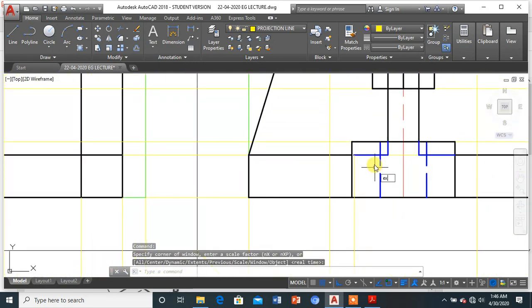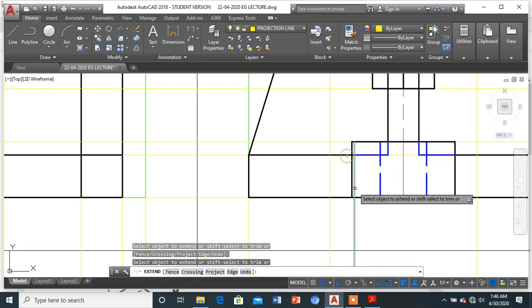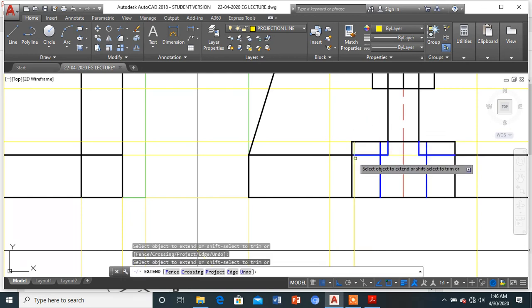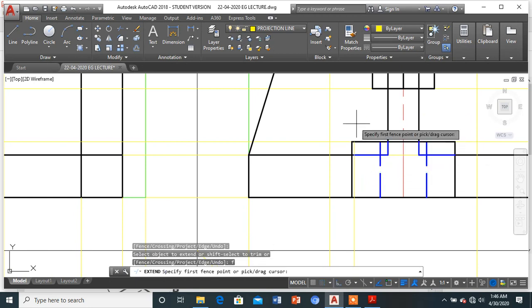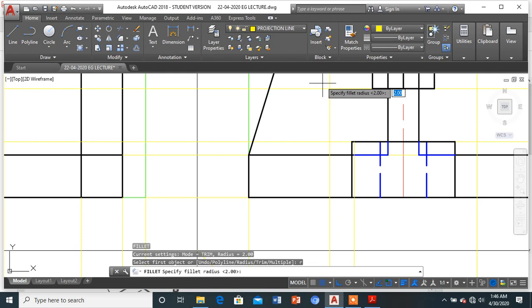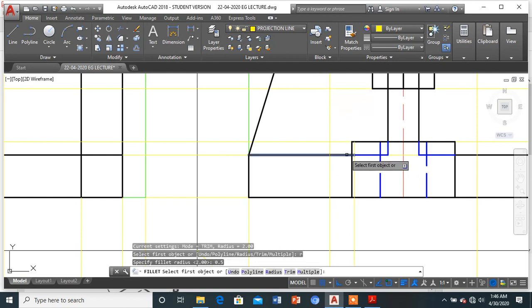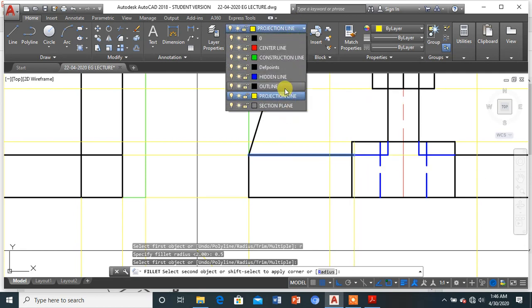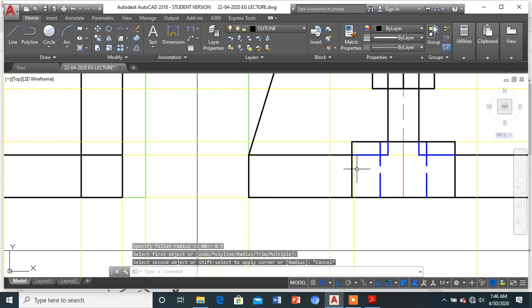Okay, so what do I do? I will be simply joining this line further, and now I will be drawing this particular line. I will be making this curve, so it will be like this.